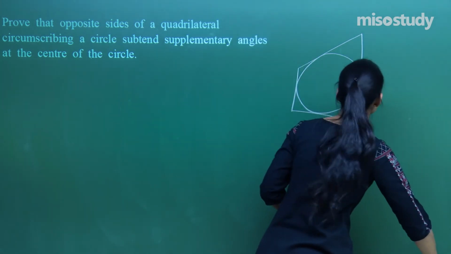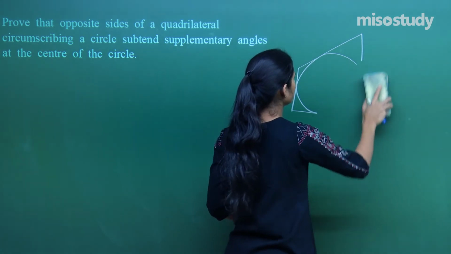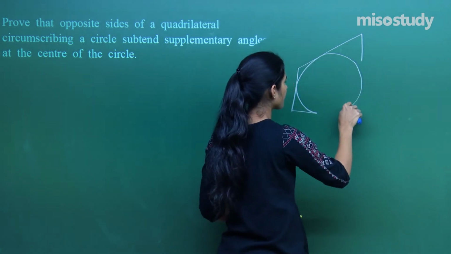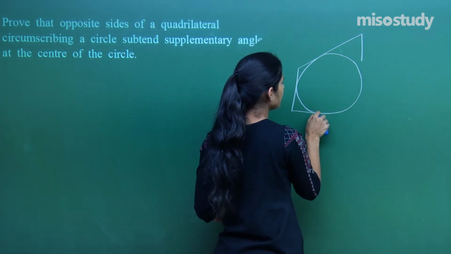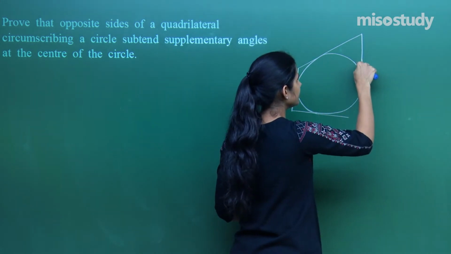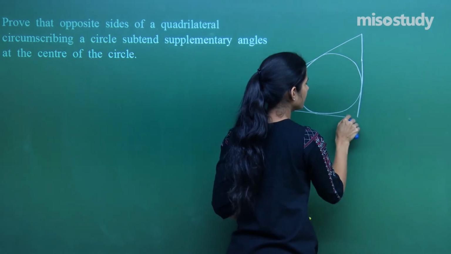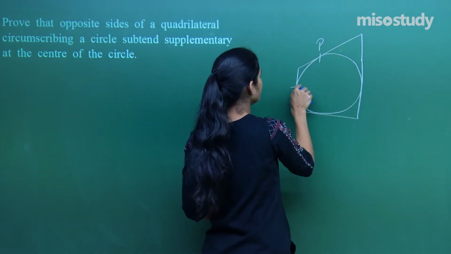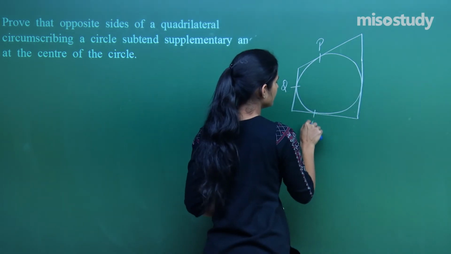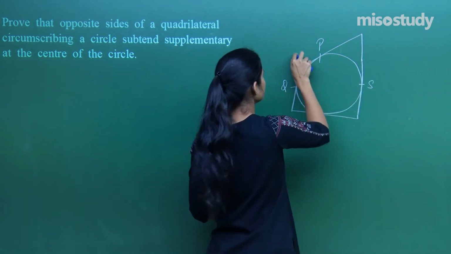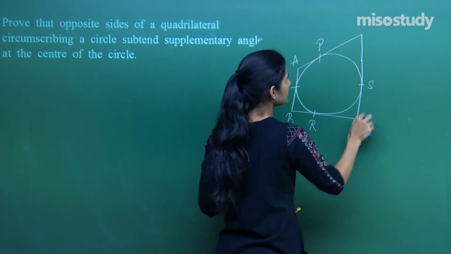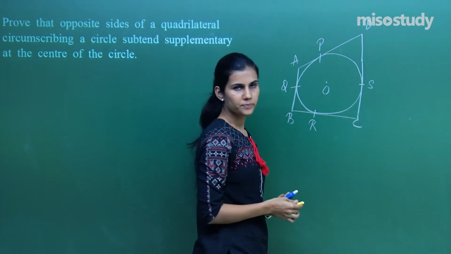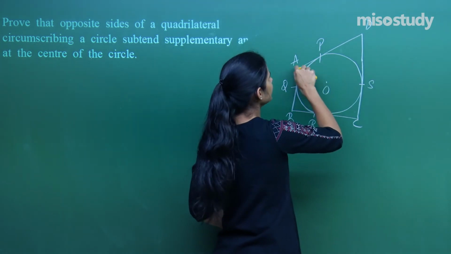So, say this quadrilateral is actually circumscribing a circle. That means this quadrilateral is containing this circle. So, say this is P, this is Q, this is R, this is S, this is A, B, C, D. First of all, if this is the center of the circle, you all know that AD is a